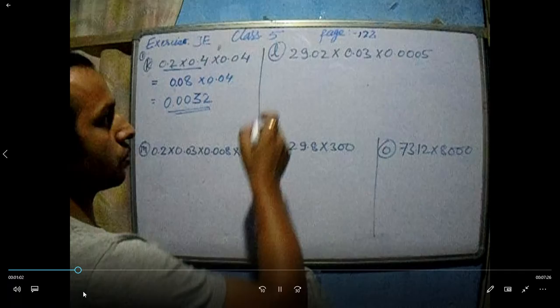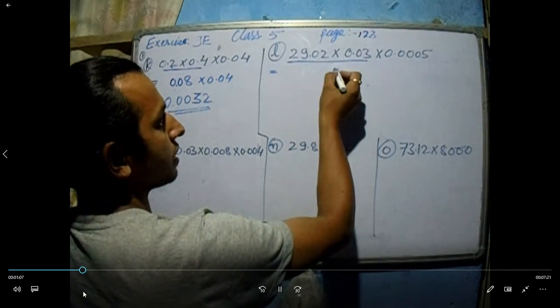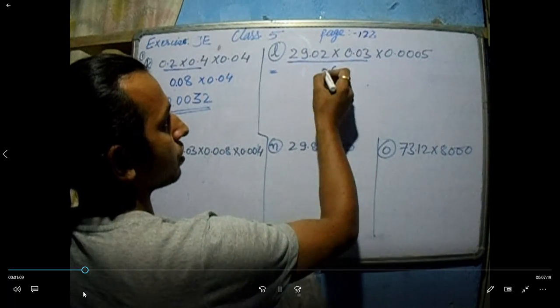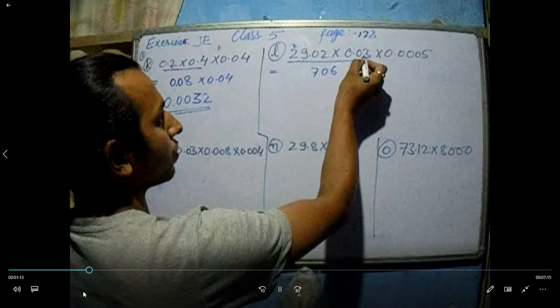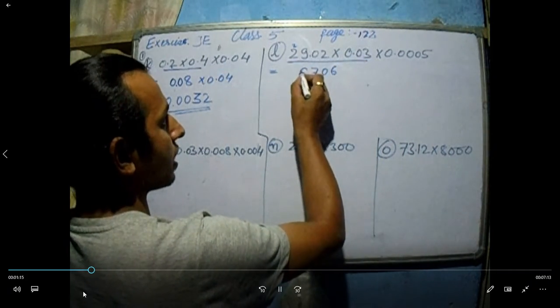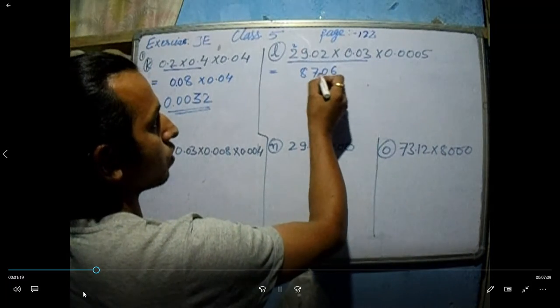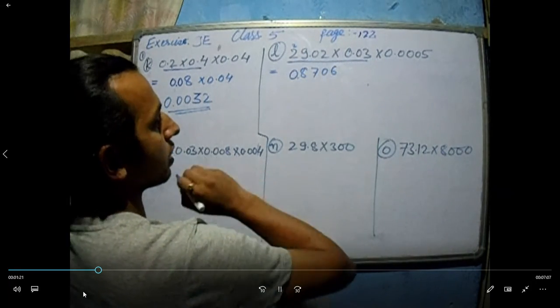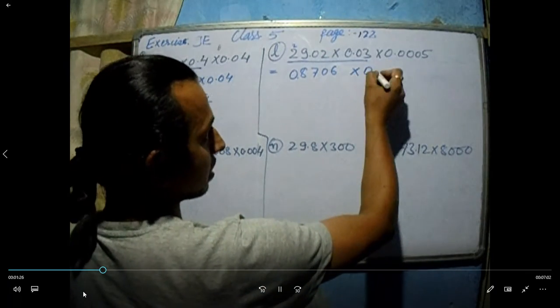Here again we are going to do in the same manner. These two will multiply first. 3, 2 is 6. 3, 0, 0. 3, 9 is 27. Carry 2. Okay. 3, 2 is 6. 6 plus 2 is 8. After decimal 2 digit plus 2 digit, 4 digit. 1, 2, 3, 4. So we got it here decimal. Now again in the same manner we'll keep this number as it is.